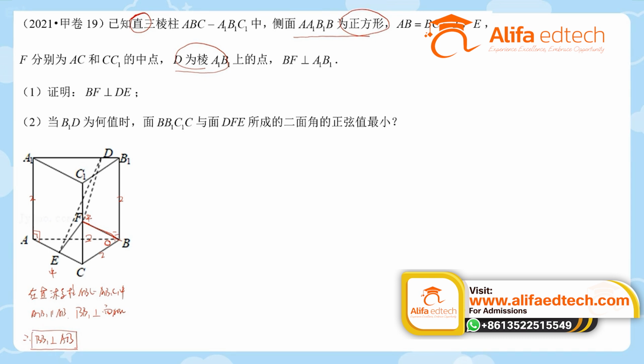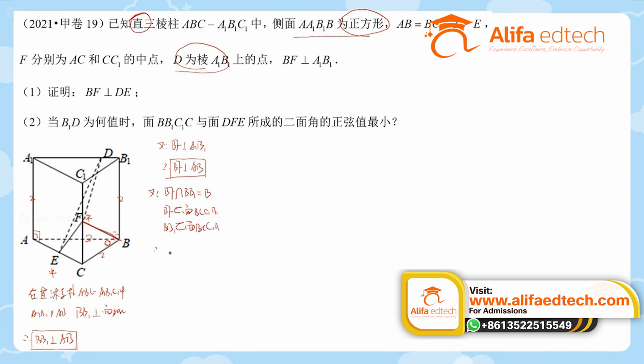Now, since the lines A1B1 and AB are parallel to each other, and because you told me that BF is perpendicular to A1B1, and since AB is parallel to A1B1, we can conclude that BF is perpendicular to AB. Look closely, AB is perpendicular to BF, and AB is perpendicular to BB1. BF and BB1 intersect at a point called point B. Because BF and BB1 intersect at point B, and furthermore, our BF here must be on this side face, BCC1B1. At the same time, BB1 is also definitely on this side face,